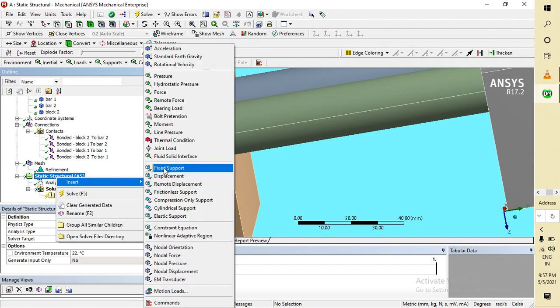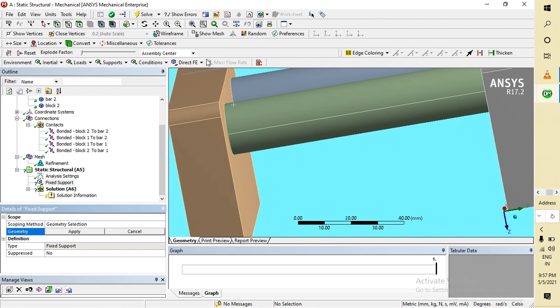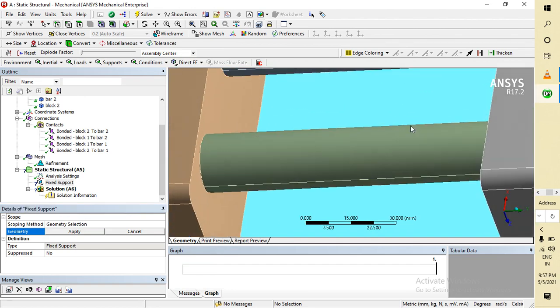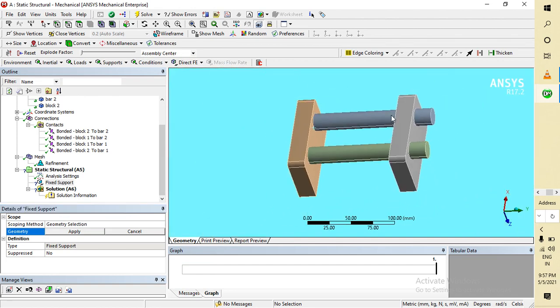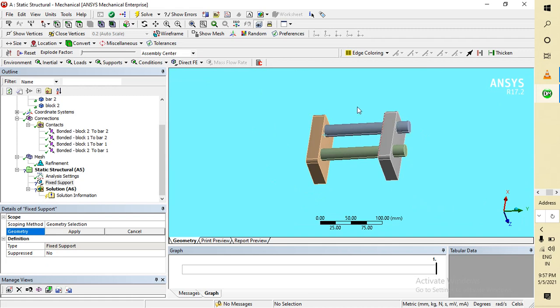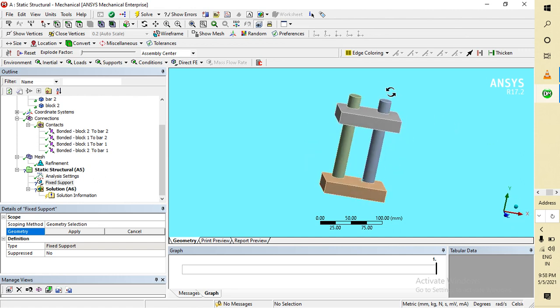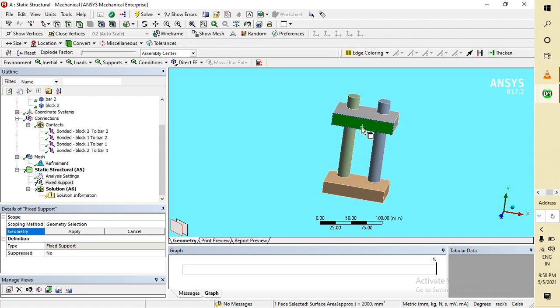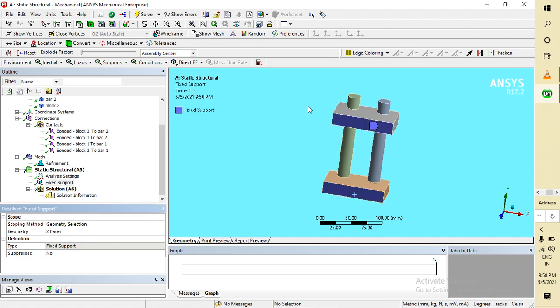First of all, we need a fixed support. Fixed support where? It should not move from its position. Where do you want to give the fixed support, guys? I will give, okay, why is it not taking? Okay, in this part I am giving the fixed support. So I have to select this face with Ctrl, and just apply. I am applying: these two faces are fixed.